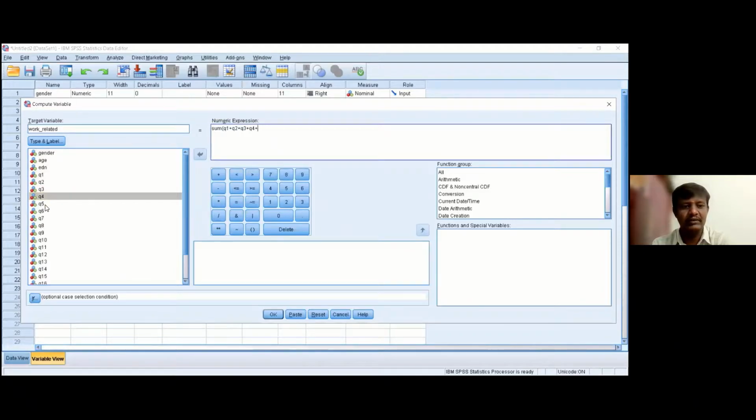Fourth question, plus. Fifth question. This way, you can add all the questions you want to create into one variable. To study the work related variable, the first 5 statements were asked to the respondents. That is the reason I have selected question number 1, 2, 3, 4, and 5. Then close the bracket, and then we can say okay.